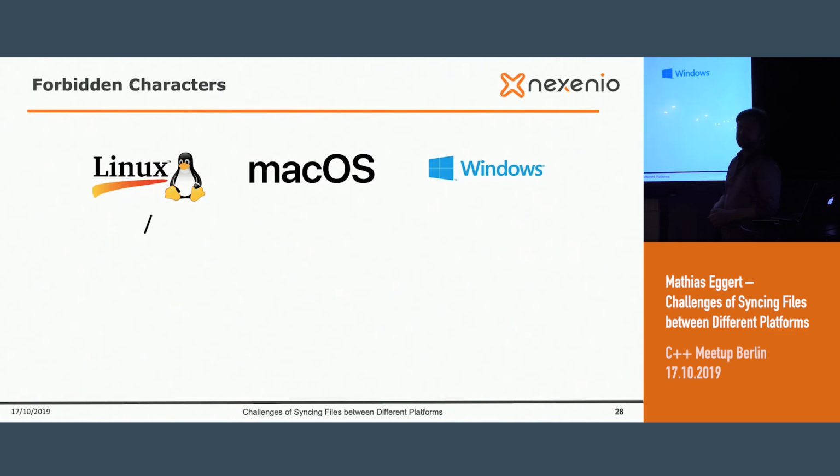What do you think under macOS? Which forbidden characters do we have here? Slash should be there. Yes, slash should be there, because macOS is a Unix system now as well. But is everybody believing that? Because there's a fun fact: you can create a file name with a slash inside of it with your macOS Finder. And that was very funny because I was telling everybody, yeah, only the slash is forbidden under macOS.